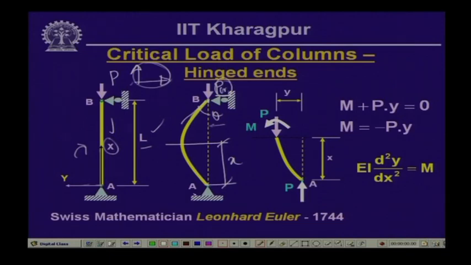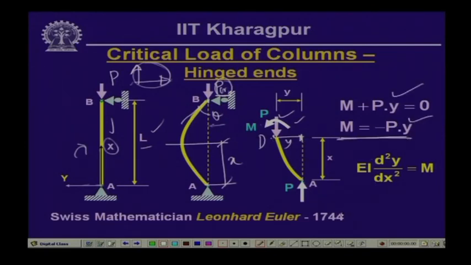from end A, from the 0 point, then the free body diagram of this particular part of the deformed state of the member is this, where this distance is equal to y at a distance of x, and at this point you have the reactive force P and the moment M. Now, if we take the moment of all the forces with respect to, say, this point, if we call this D, then moment M plus P times y is equal to 0, or M is equal to minus